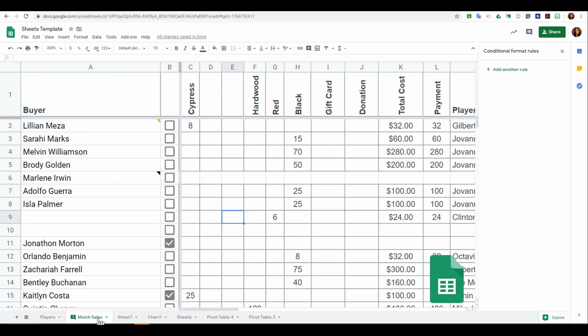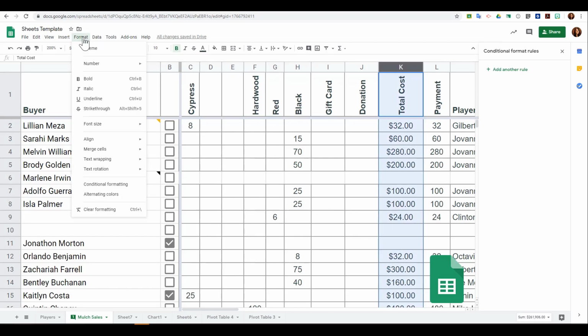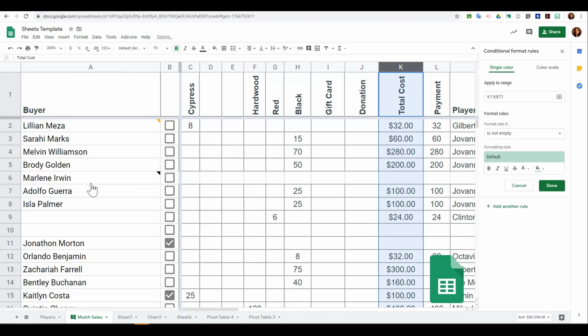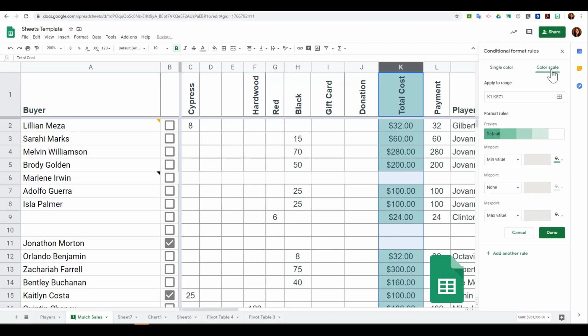Another awesome thing that you can do with conditional formatting is you can choose to format based on a number range. So I'm going to look at the total cost in this column. And I'm going to go back to Format and choose Conditional Formatting again. For this row, besides single color, you'll see Color Scale. If I choose Color Scale, it's going to start changing the color based on the minimum and maximum values that